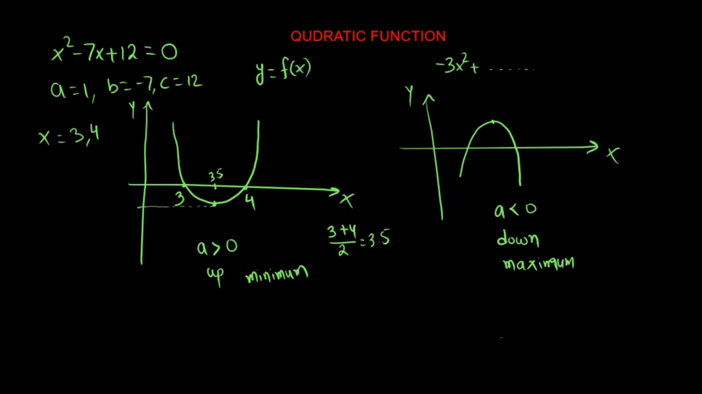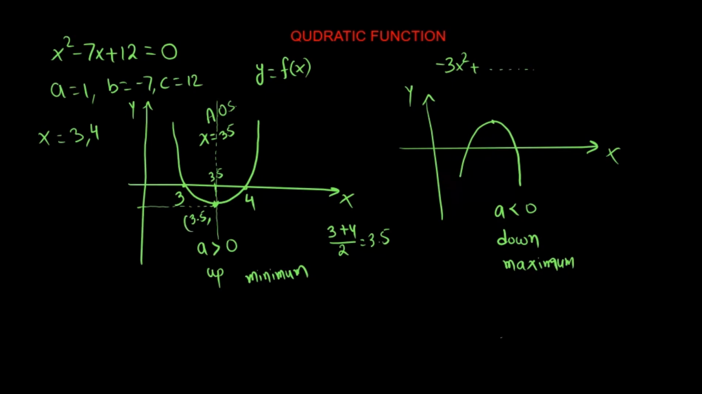If you draw a line parallel to y-axis passing through the vertex, the parabola is symmetrical along this line. This line is also called the axis of symmetry. And the equation of the axis of symmetry is x equals this value, 3.5. That's the equation. For the vertex, the x value is 3.5,